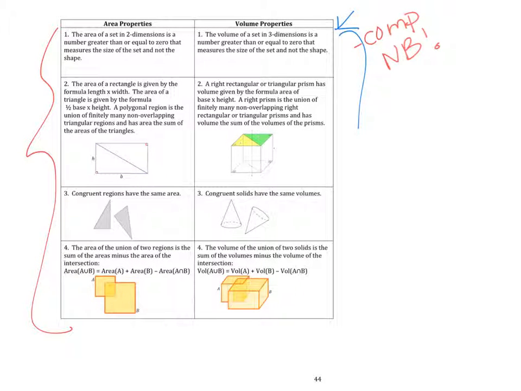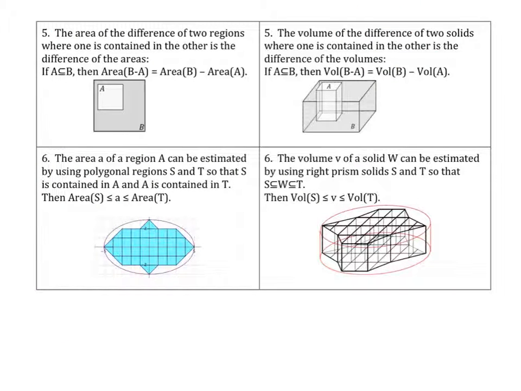So those are the volume properties in a nutshell. Then we have number 5 and 6 for both area and volume. So for area, number 5, the area of the difference of 2 regions where one is contained in the other is the difference of the areas. And number 6, the area of a region A can be estimated by using polygonal regions S